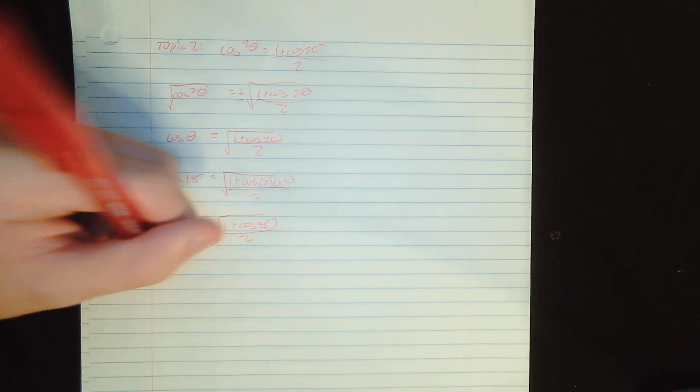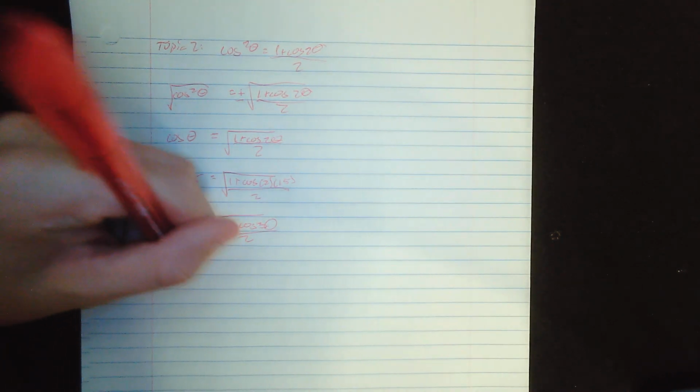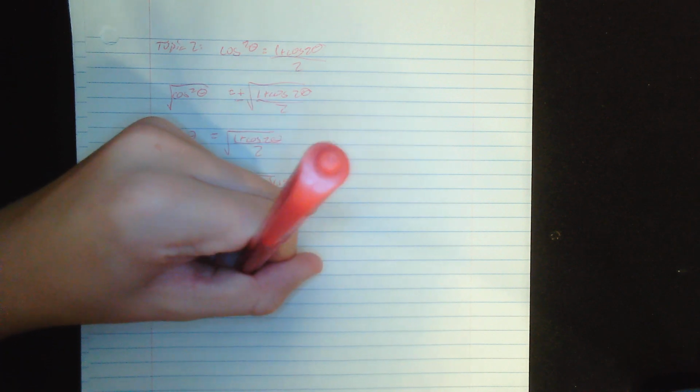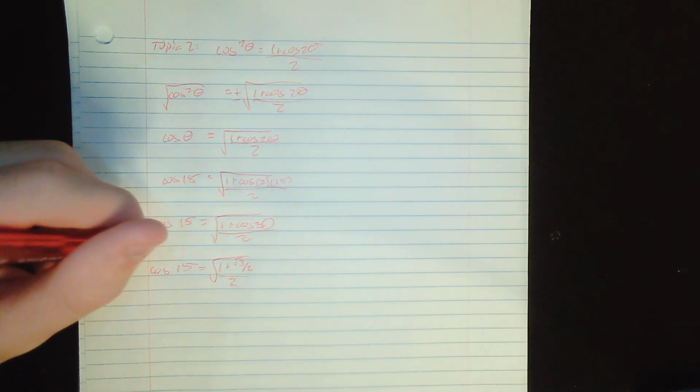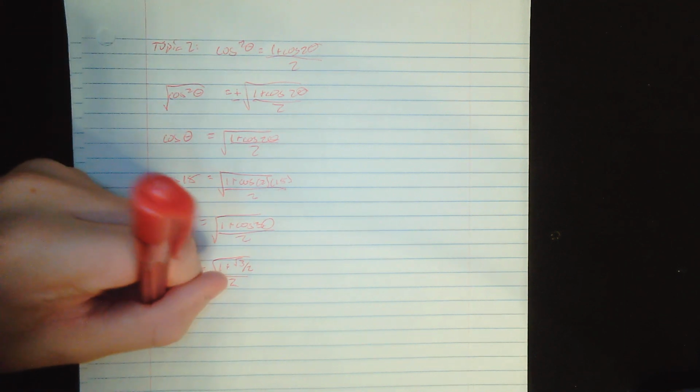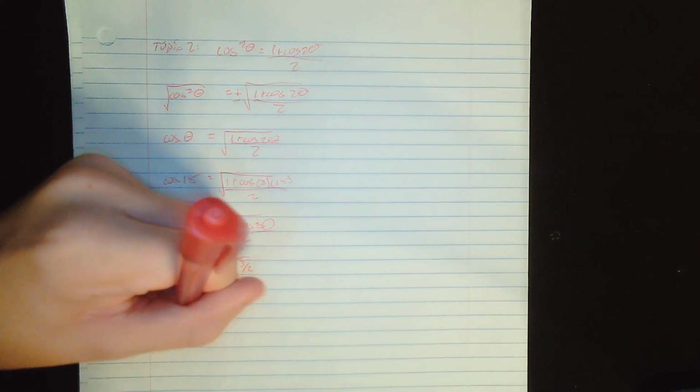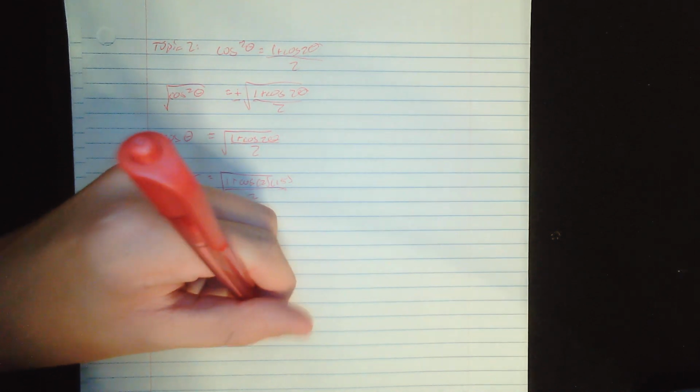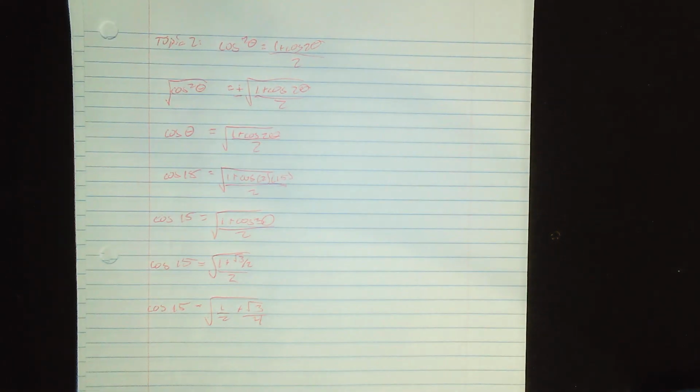Now, we know from previous experience that the cosine of 30 is equal to the square root of 3 over 2. So we're going to replace that here, divided by 2. And then we distribute the 2 between each term. So we're left with the cosine of 15 is equal to the square root of 1/2 plus the square root of 3 over 4. And this seems like a more complicated way of saying the cosine of 15,